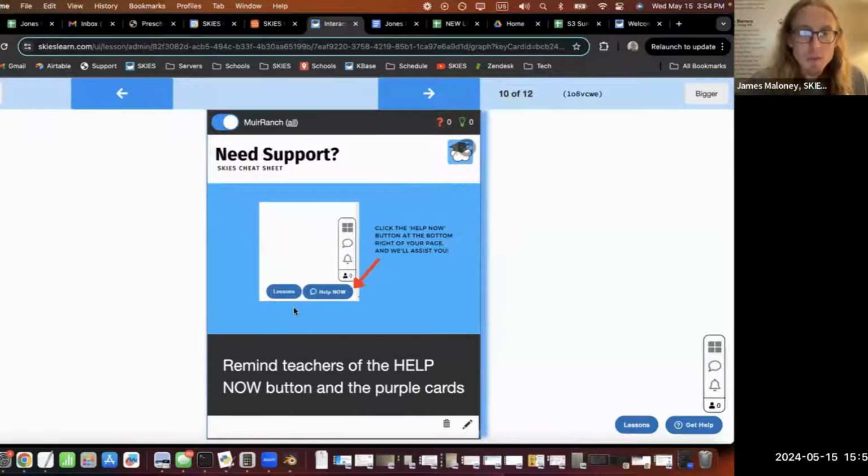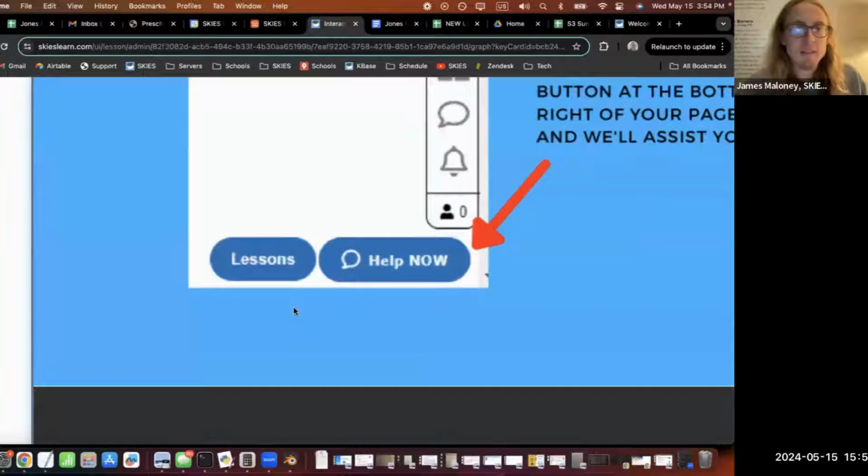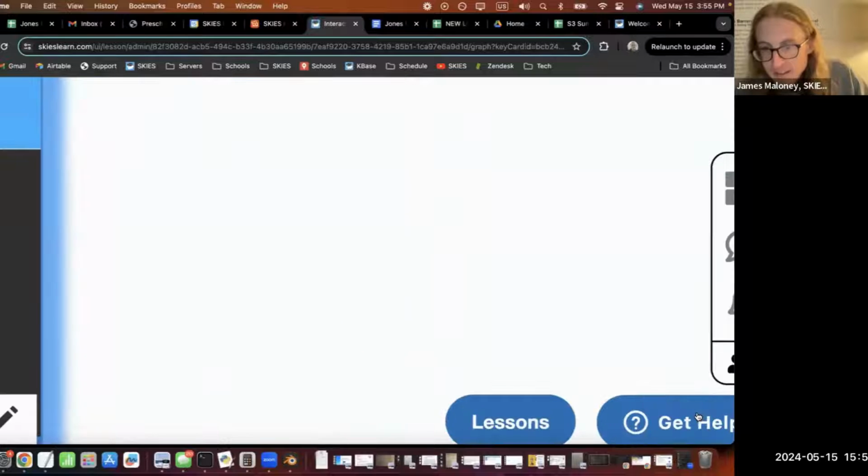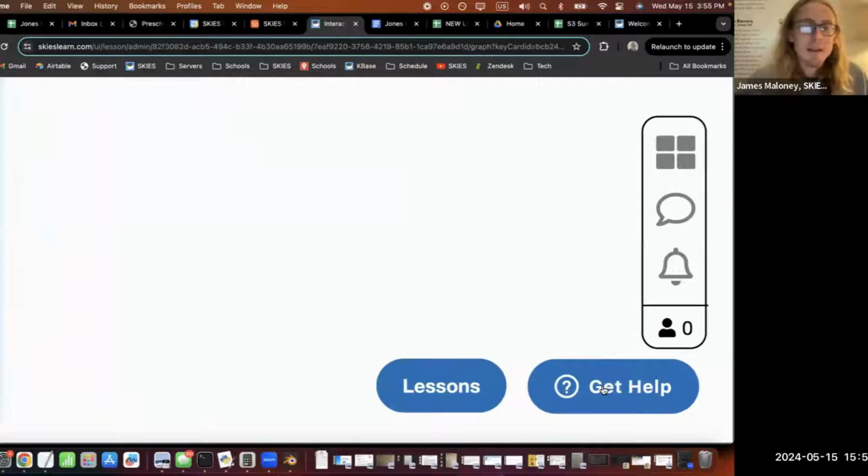And the thing that really blows a lot of teachers' minds is that we have these two buttons in Skies that allow you to get instant support and also see what other teachers are doing, making lessons and sharing lessons. I can see the button down here if I zoom in right here. If you're someone that's nervous about trying something new, Skies is the program for you, because you're doing something and you're a little bit nervous. You don't know if it's right.